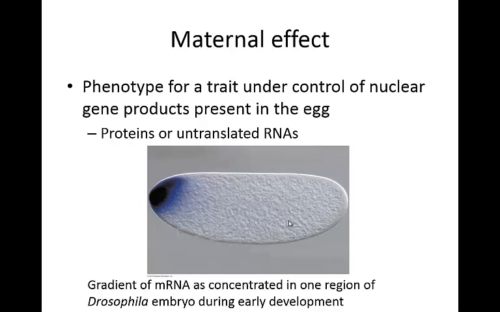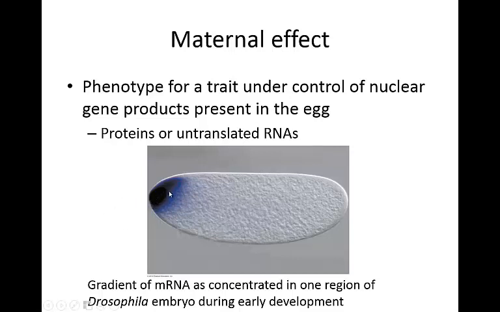Then lastly, we can talk about the maternal effect. What happens here is you have a phenotype for a trait under control of nuclear gene products present in the egg. And by nuclear gene products, primarily we're talking about proteins or untranslated RNAs that might be present in the cytoplasm of an egg. And what you can see here is a Drosophila embryo, and they have a